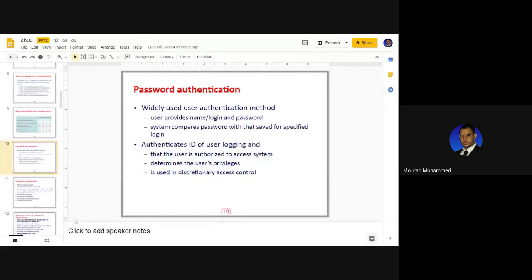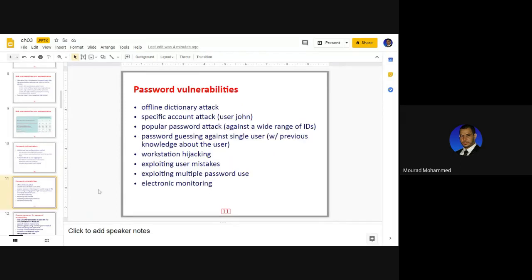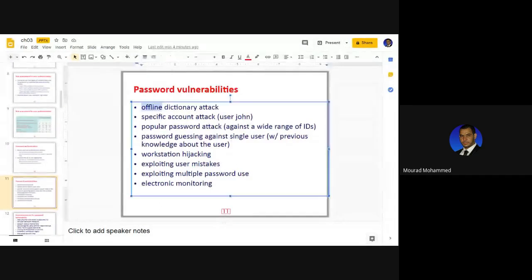Now we'll come to the issues. Remember the two attacks we covered for cryptography, the brute force and the dictionary attack. They are still valid for some scenarios, the brute force mainly, because we make the system automatically compare a list of passwords to what the system has in its background. Offline dictionary attack is one of the comparison scenarios. Absolutely true.